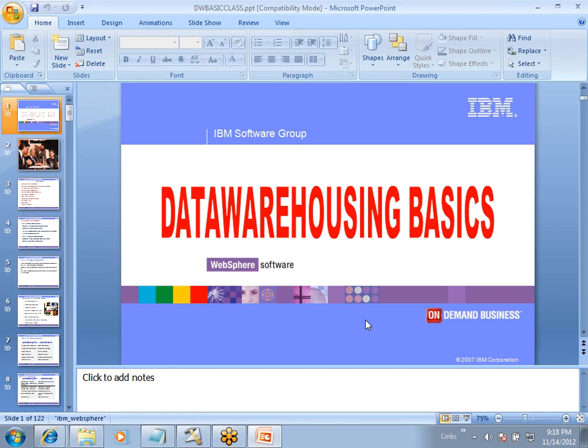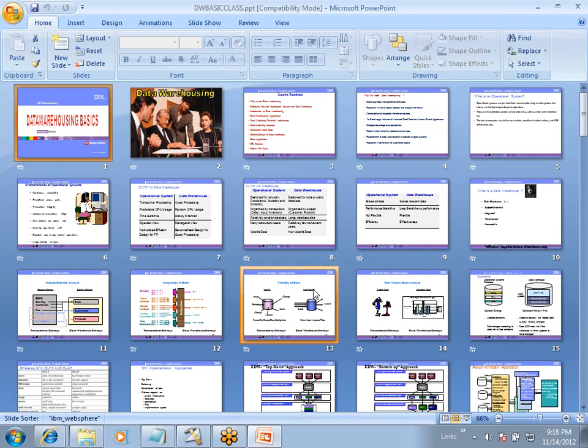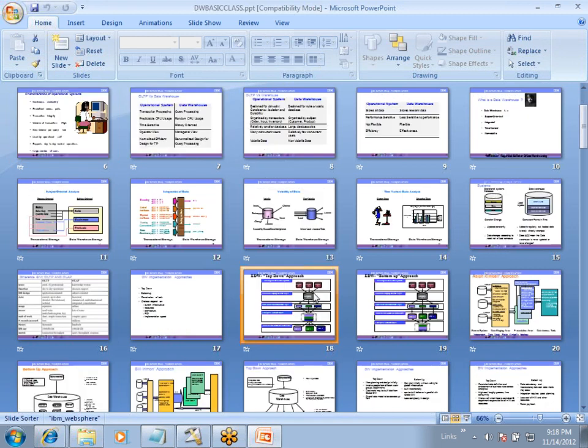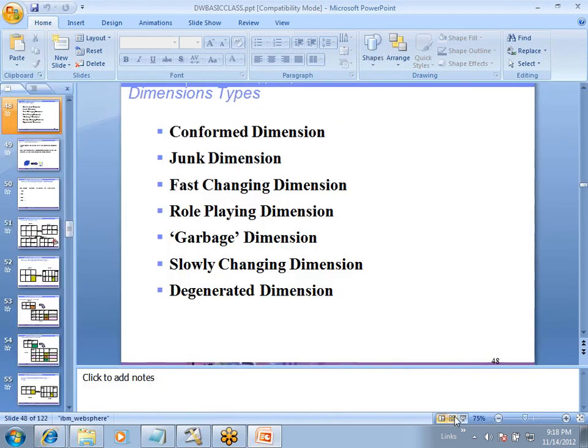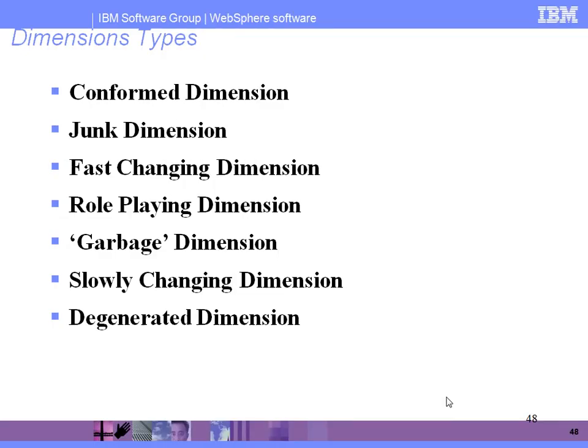In dimensional modeling, we are going to identify three things: dimension tables, fact tables, and facts. We are in discussion of the dimension tables. In those, we covered a basic dimension table type, that is nothing but a slowly changing dimension table.